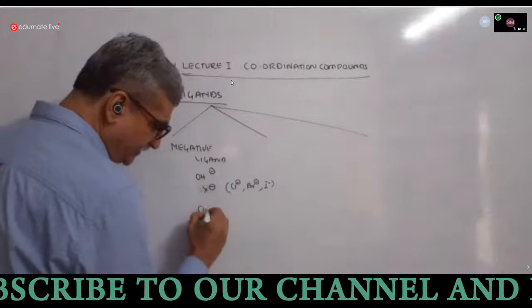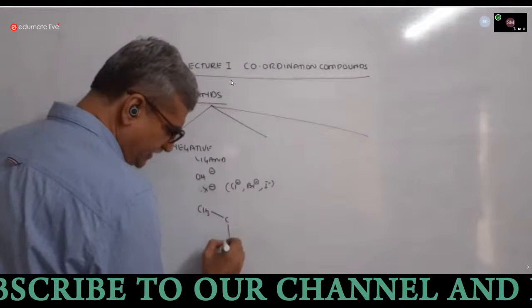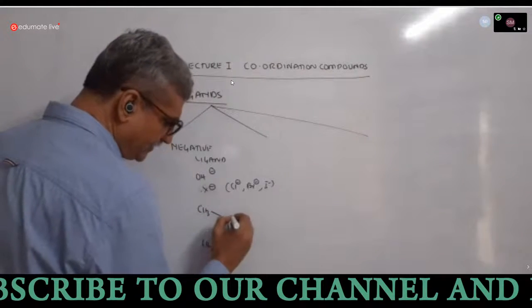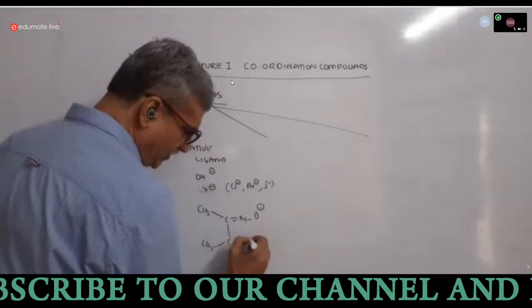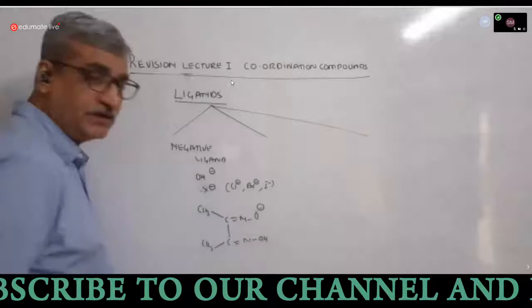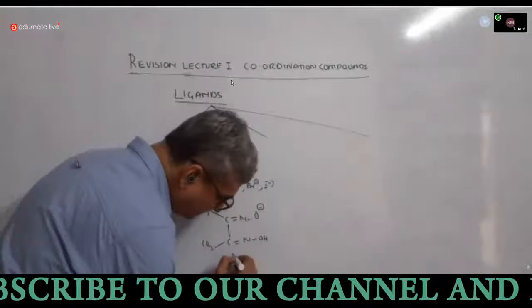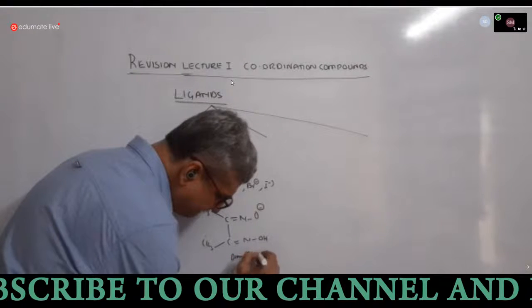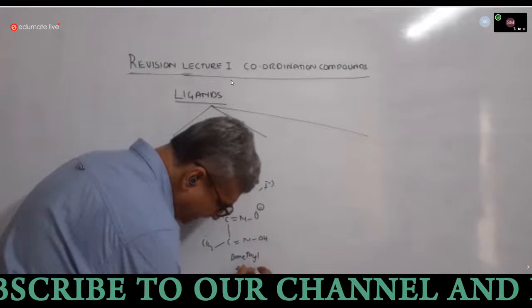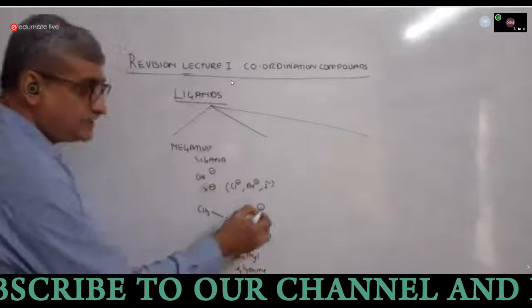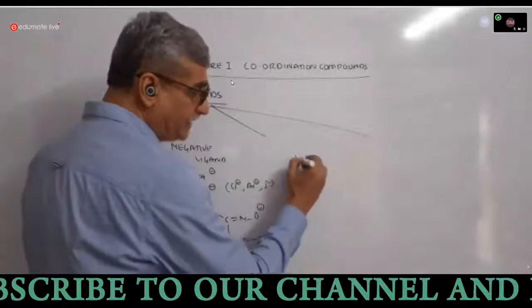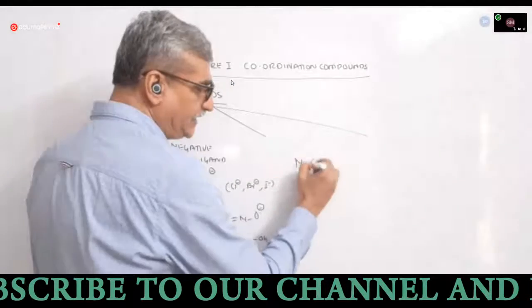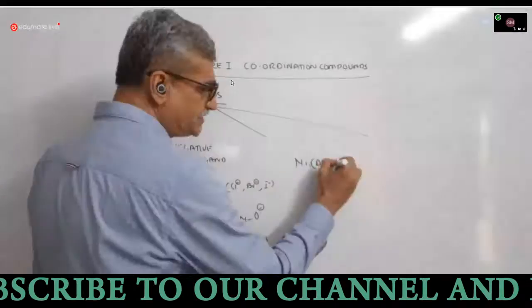See, we have CH3, CH3, double bond N, O minus, double bond N. So your dimethyl glyoximate is having one negative charge. So if I say nickel dimethyl glyoximate, Ni with DMG in brackets,